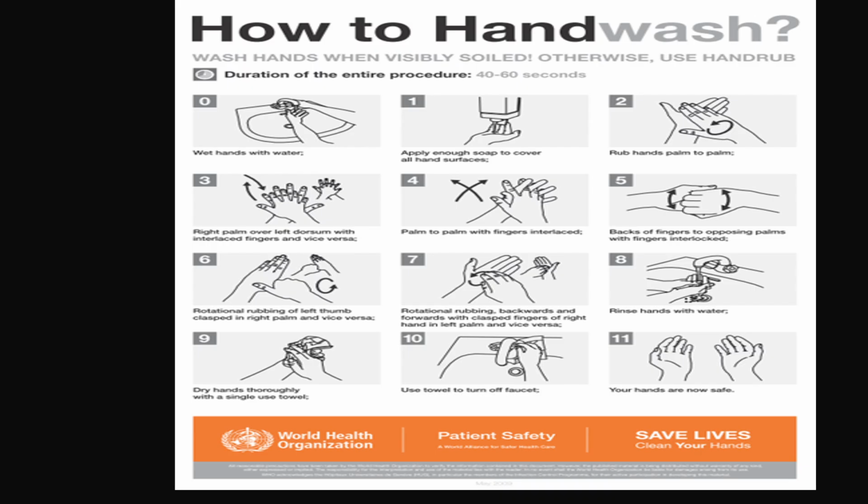Once you put the hand wash solution, again the same: first palm to palm, then the right hand upper dorsum of the hand with the fingers interlaced, then left, then opposing palms with fingers interlocked, and then the thumb, and then the fingers, and again